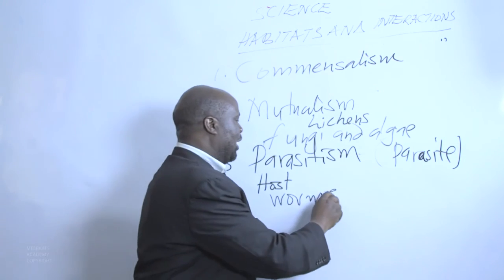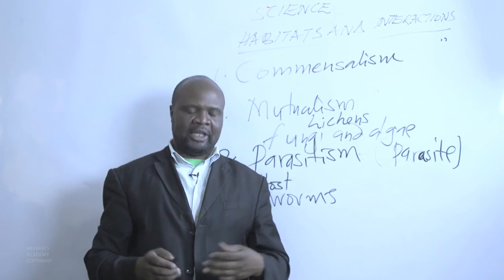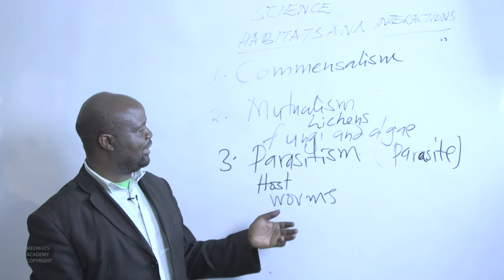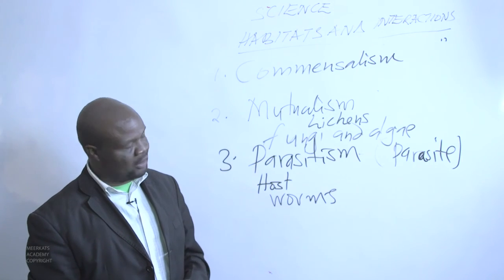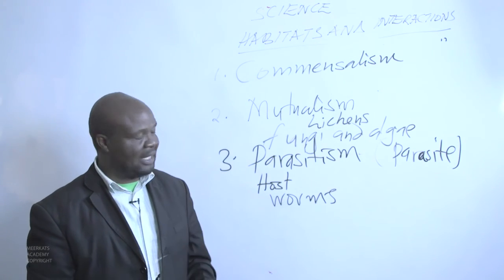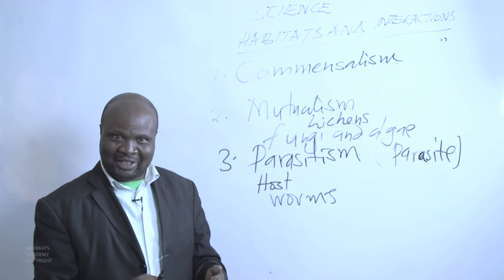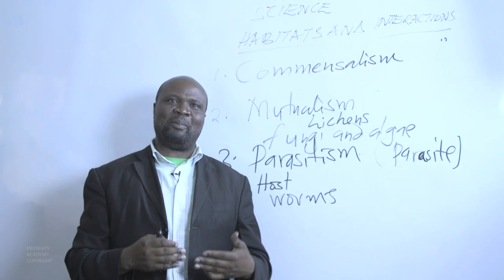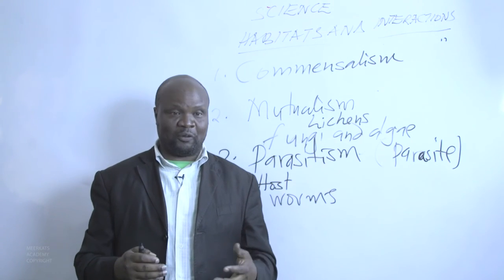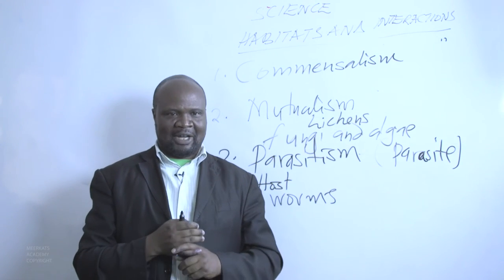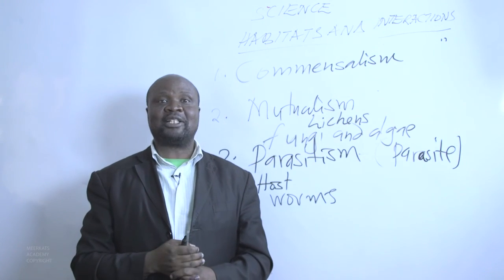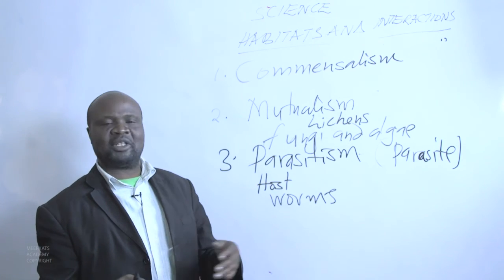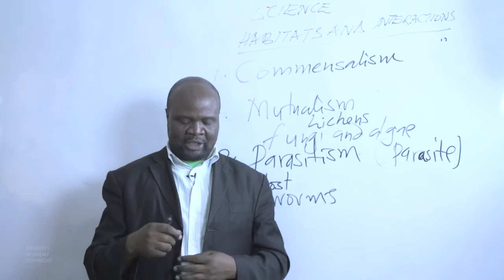When we talk of worms, among the human beings we have tapeworms. They will exist in our stomachs very well unless we use some medicines and drugs to kill them or to deworm ourselves. So if these worms are living within human beings and we give them enough time to exist that way, the danger that comes when we talk about this tapeworm, if we are not treated immediately, it can affect our health and our conditions, and we can suffer. And such worms can even kill us, because tapeworms can grow even to 2 to 3 meters within our stomachs.